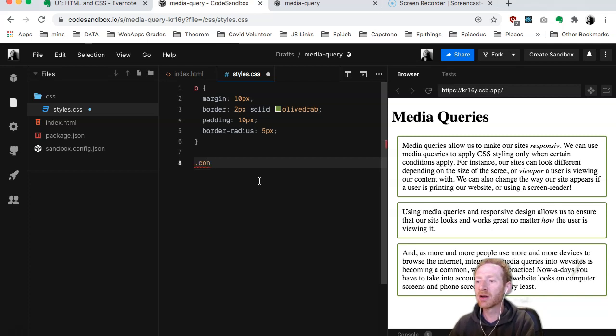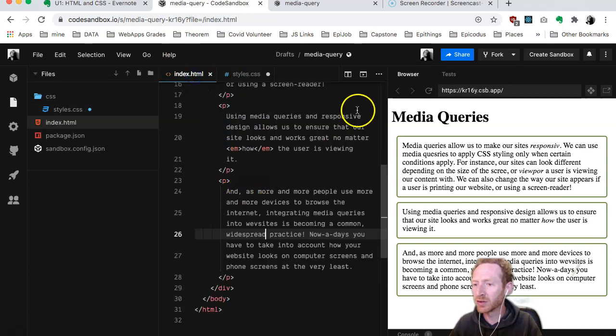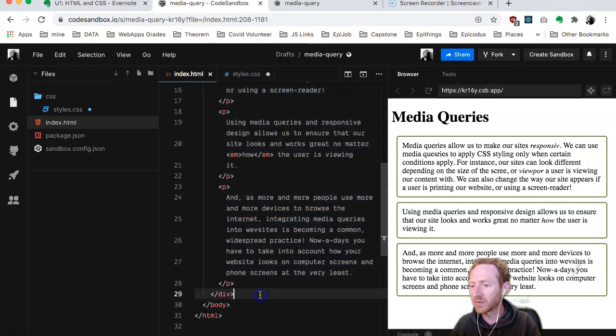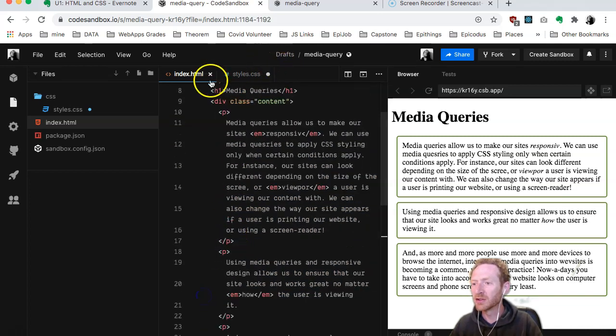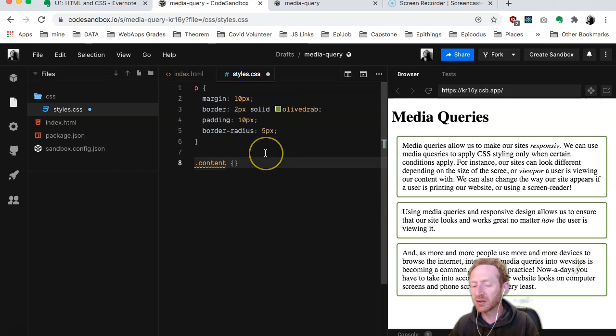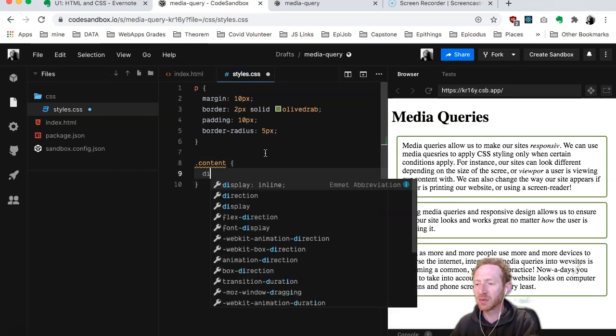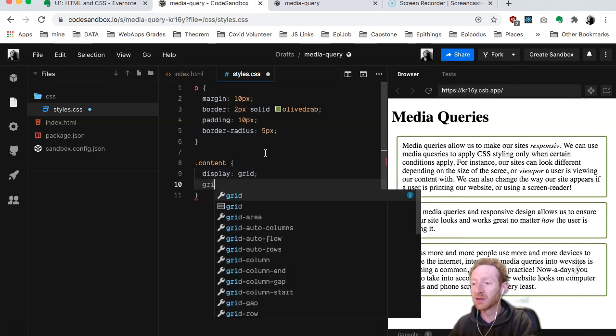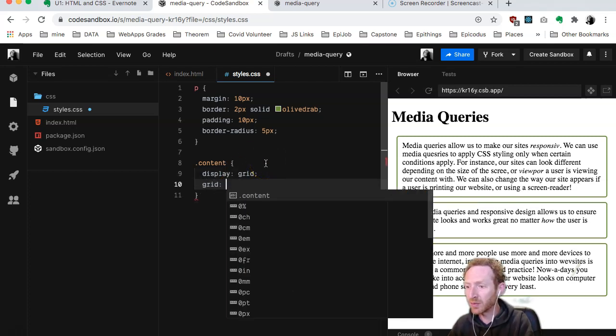And now we're going to target the content, which was that div, remember, that's holding all of this. That div that contains all 3 paragraphs. This one, there it closes. So we're saying, hey, make that div display like a grid. Display like a grid. And also make the grid template